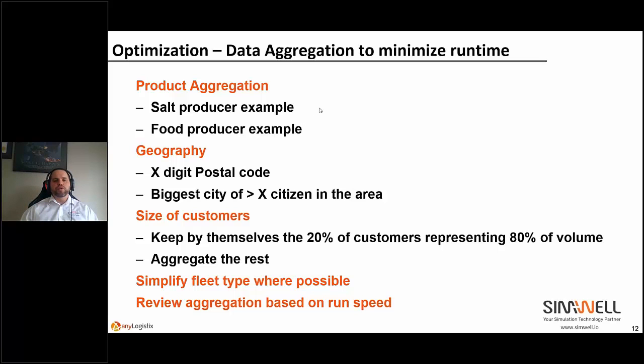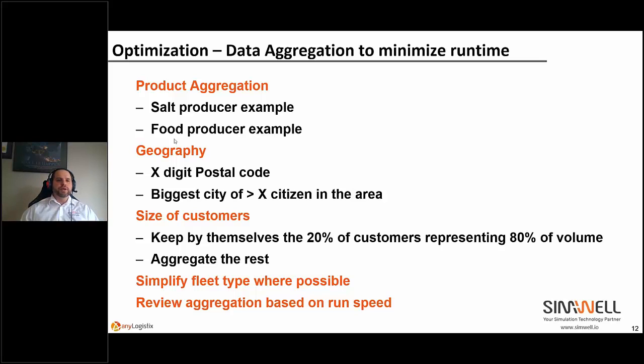At the end of the day, they're moving tons of salt, so we aggregated all the product together into one single product. It was a ton of salt, basically, right? That simplified the whole model and makes the model run much faster because we didn't lose precision, but we aggregated the